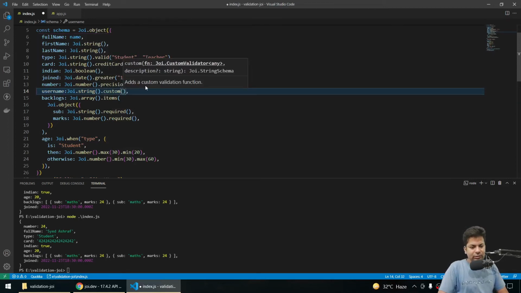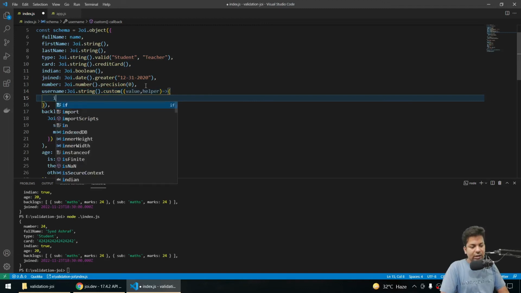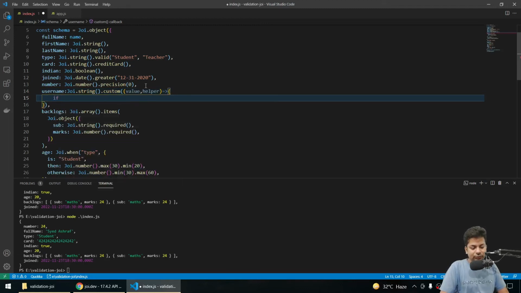So I want to make it custom. Firstly we'll have a value which we'll get, and a helper which will return a message. This will be an arrow function, and we will check here, suppose I'm checking the length only, you can check the first letter and the last letter. If the value dot length is less than 10,